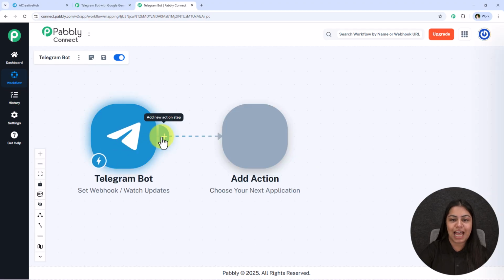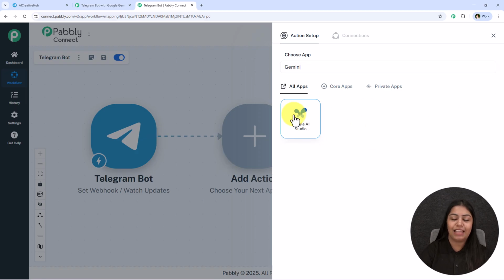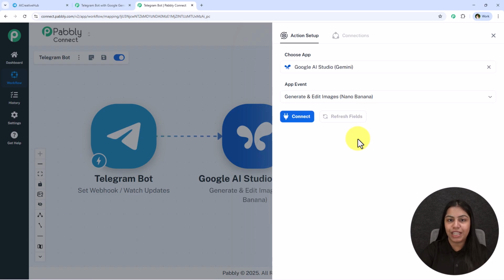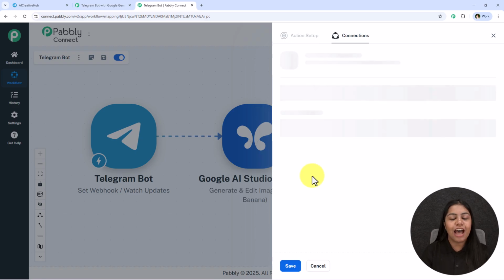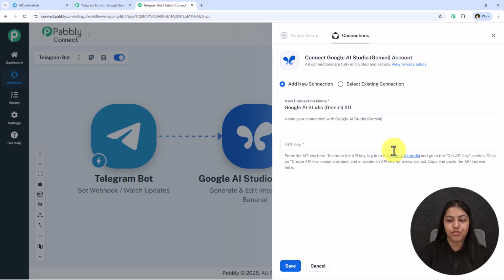Now click on this add new action step. For the action application, you have to search for Gemini and select Google AI Studio. For the event, you have to select it as generate and edit images nano banana and click on this connect. Now if you have already created a connection between Gemini and Pabbly Connect, then click on this select existing connection and then save. But if you haven't, follow me, click on add a new connection, and we have to get